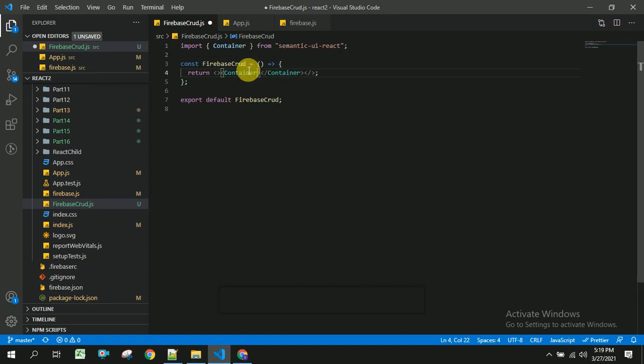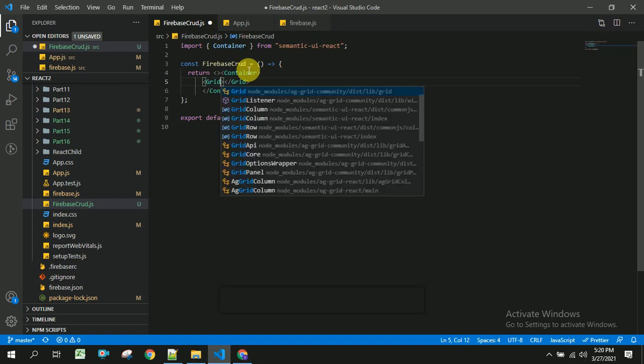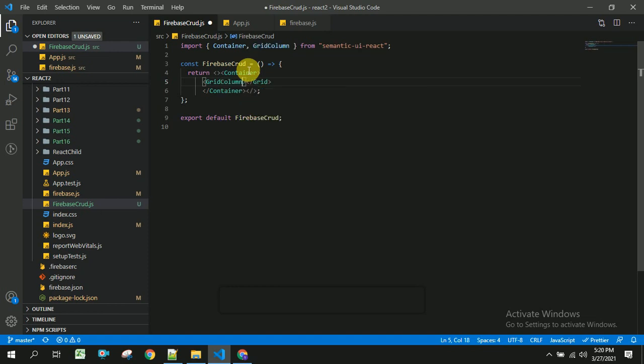For this I am going to import the container from Semantic UI React, and inside this container I am going to use some grid. This grid is also from Semantic UI.